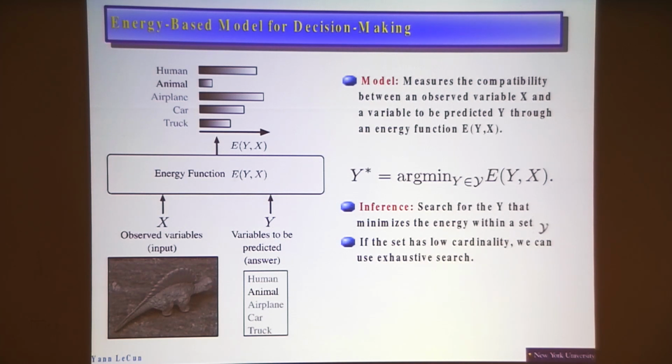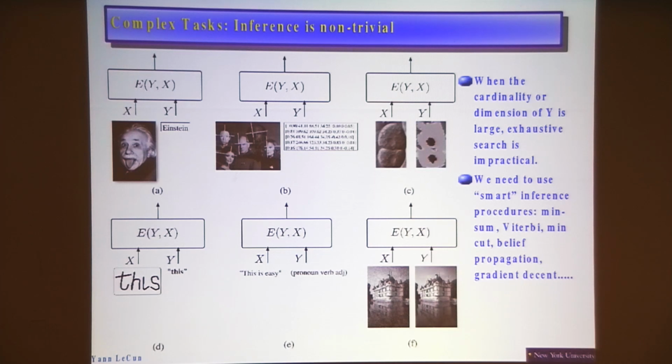Okay, no learning there yet. What we're going to do now is parameterize this energy function in such a way that it has the minima at the right place. There are a lot of applications of this, of course, not just for image classification, but for things